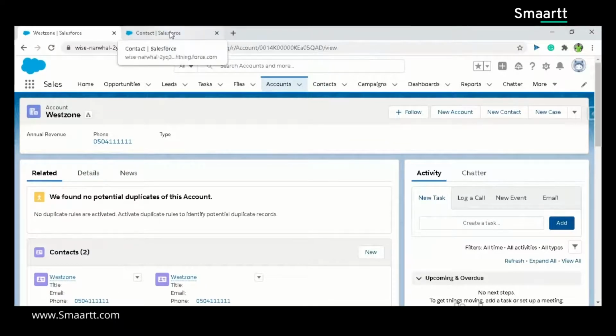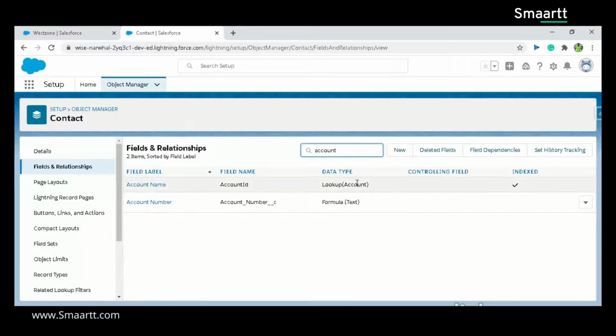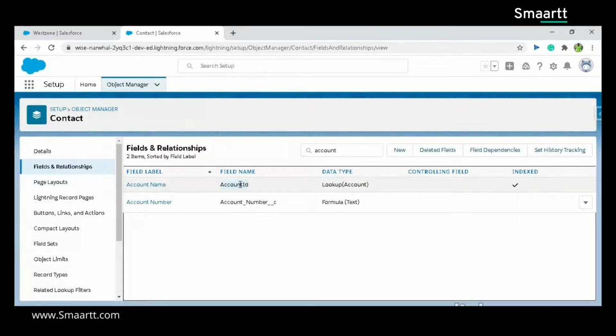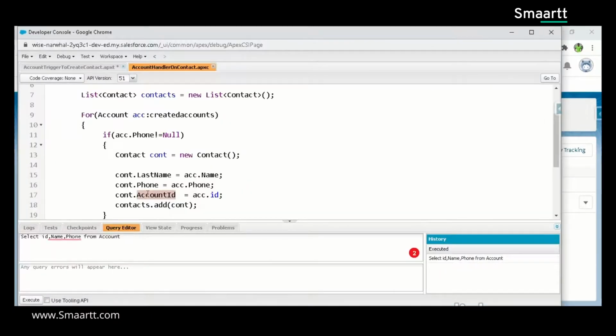So in the child you must have a lookup to its parent account. You need to get that ID, and when you enter that ID with the account ID, you will find this contact getting created as well as showing under the account's related section.